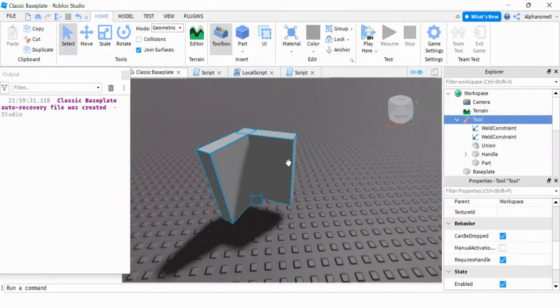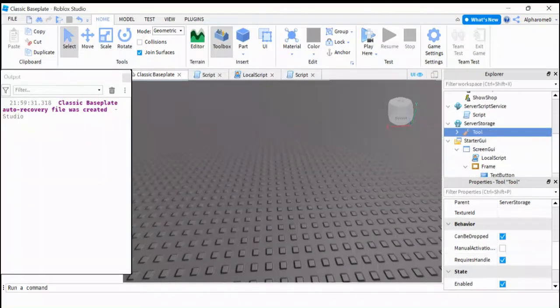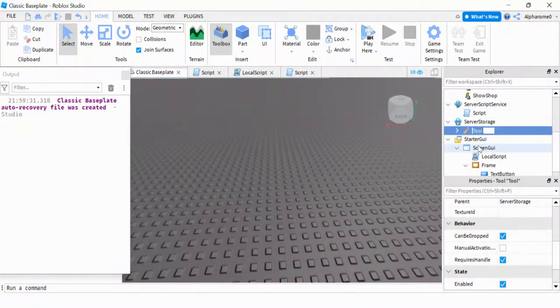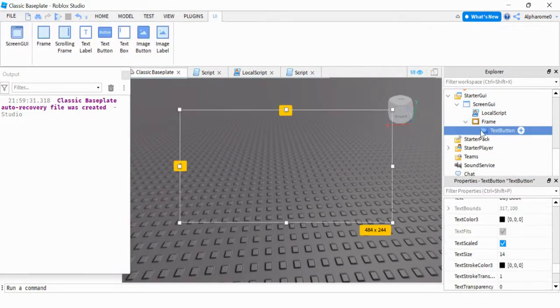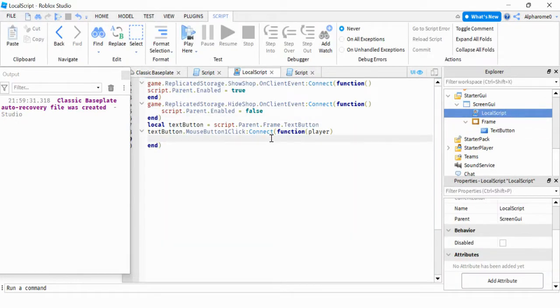Now that you actually have your tool ready, move your tool over to ServerStorage. Now rename it to how you want. For example, I'm making mine named book. Now you can actually get back to scripting. Inside the local script, inside of the MouseButton1Click, we can do